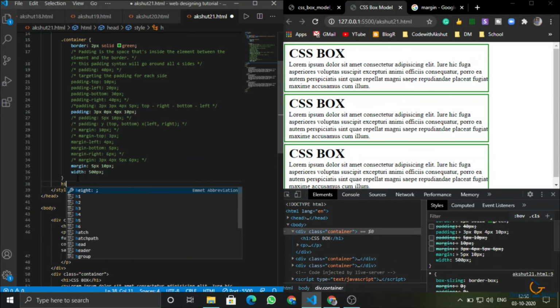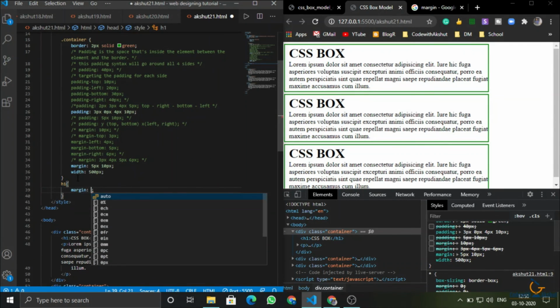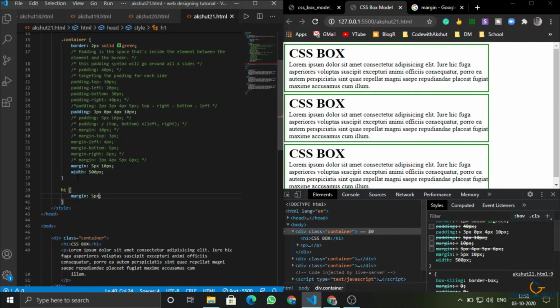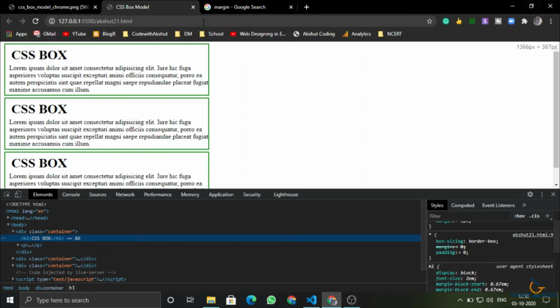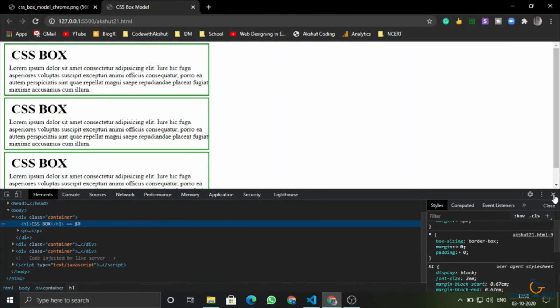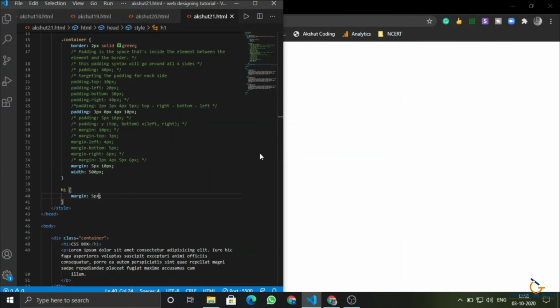So I will just do it for the h1. If we want that the margin should be 5 pixel from all sides, we can use this. Okay. So I hope you must have understood this margin and padding and border. So this was our border. This was our box model in CSS.